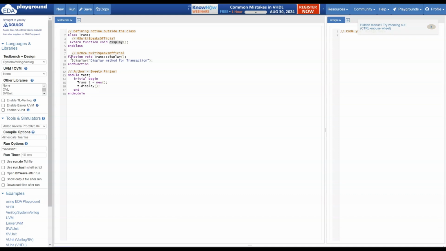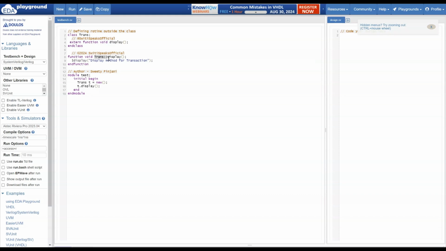Then the next thing we said is to tell for which class we are defining the function, because we are going to define it outside the scope of the class. Here, if you see, the class has ended and somewhere outside you are defining it, so you need to use the class name and scope resolution operator before the name of the routine, so that it is understandable for which class this function was.